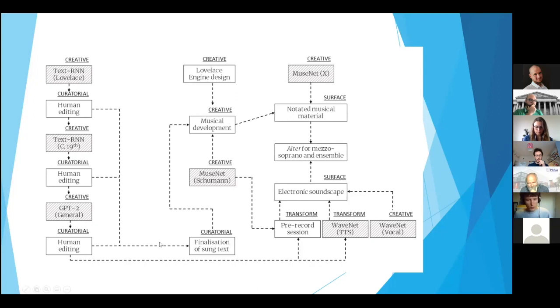And then I'll just say a quick word about this electronic soundscape down here as well. What we did here was similar to how the text was developed. We developed an electronic, machine learning based voice throughout the piece. At the beginning, we used WaveNet samples that were trained on people speaking, and we just isolated strange words that don't really exist because they sound like they should exist, but WaveNet doesn't understand the syntactic content of audio files.